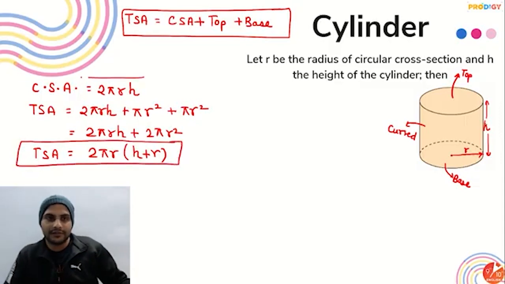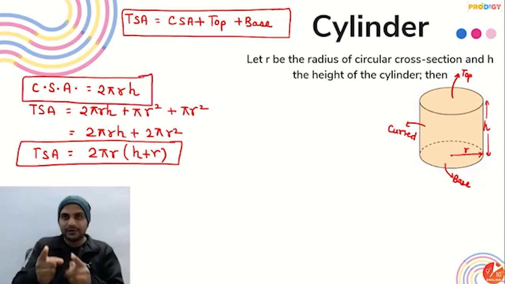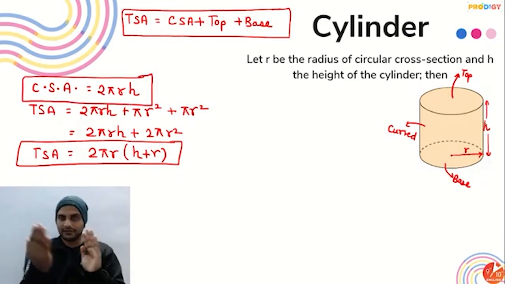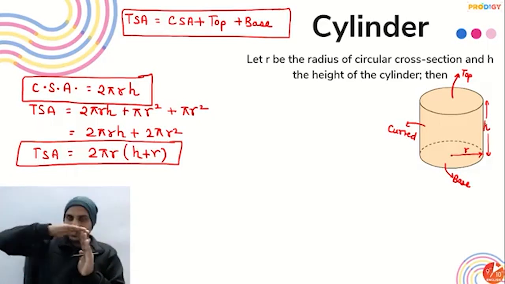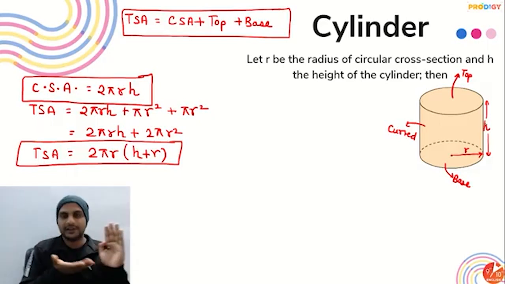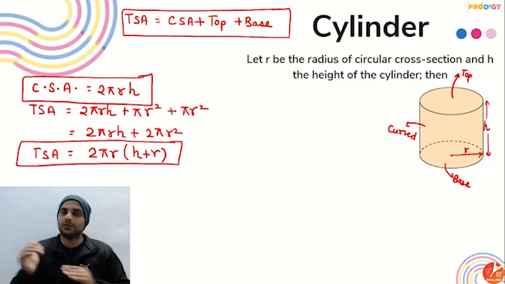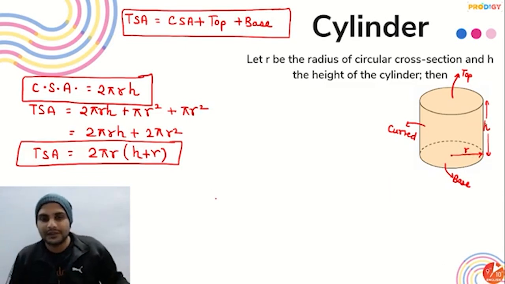Then we have curved surface area. So meaning of curved surface area and total surface area is clear, and visualize it. The area of this curved surface will be CSA, and area of this curved surface plus the area of top circular face plus the area of bottom circular face will be your total surface area. Right? Then comes the last thing, which is volume.